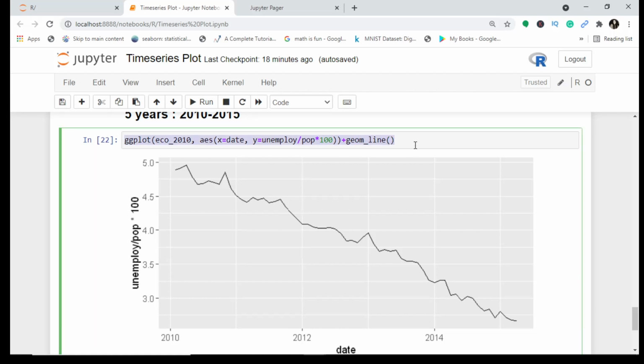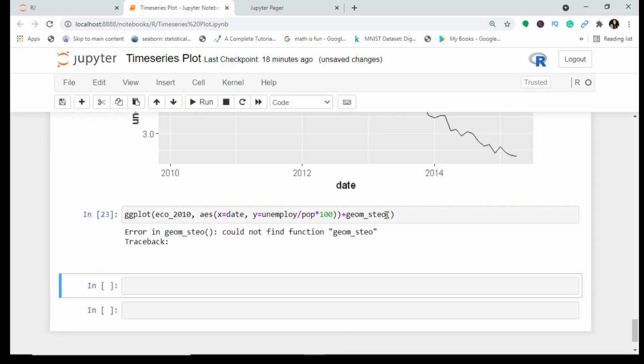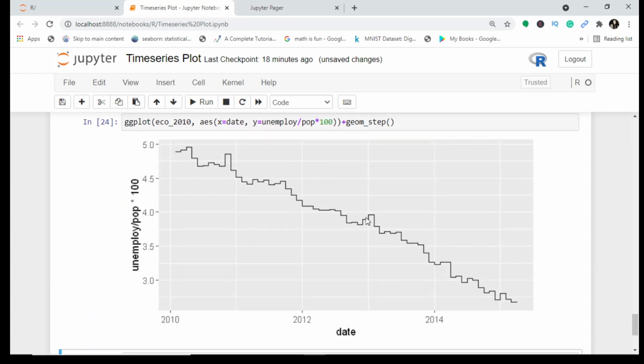So there's one more feature here. Let's do it quickly, and that feature is called, instead of line, I can simply use step. Okay, sorry, I would use step, and when you use this step you would understand the rise and fall of the unemployment rate, and this can be seen very clearly.